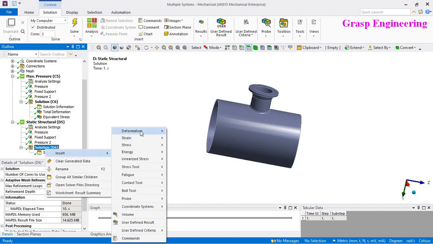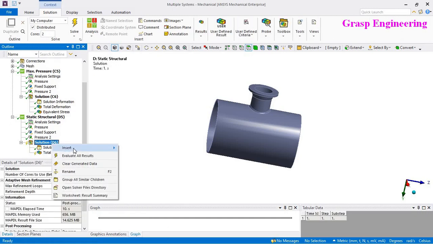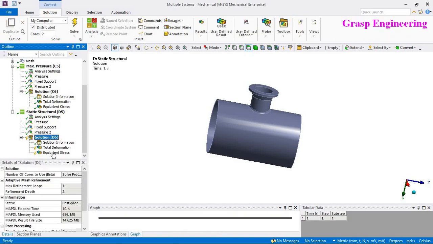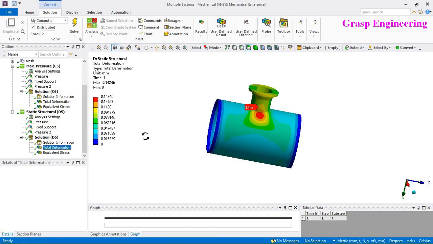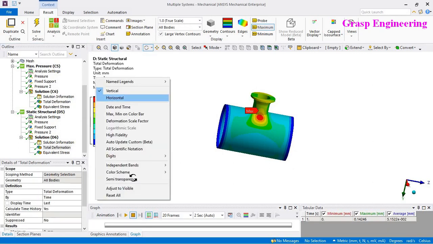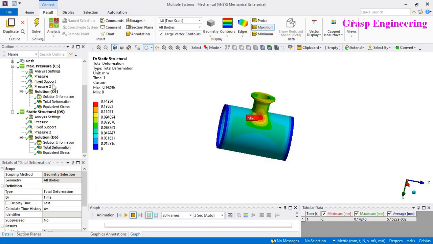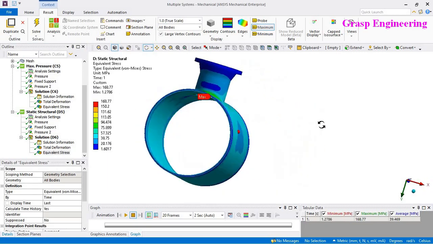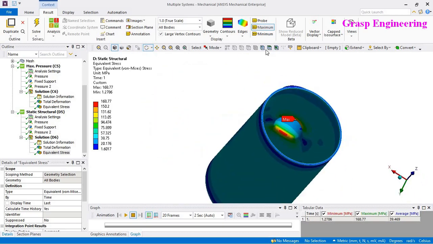And let's get deformation and stresses, and let's evaluate the result. So when we talk about deformation, it should reduce, because for 5 megapascal we received 0.36, so it should reduce. If you multiply by the factor of 5 by 2, you should get the same results. Okay, and also here the maximum stress value is 168.